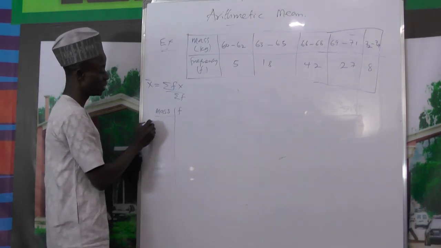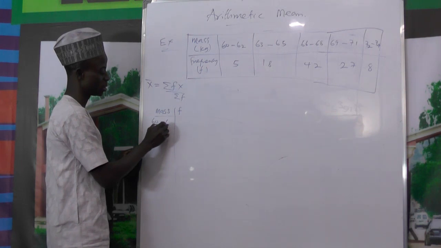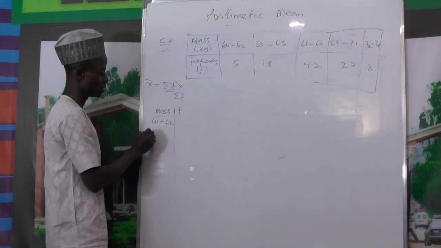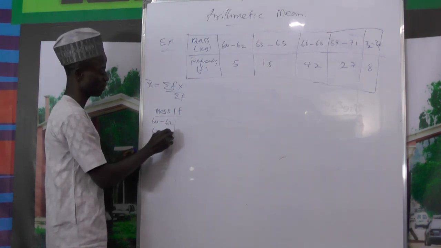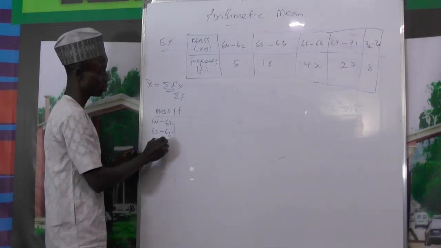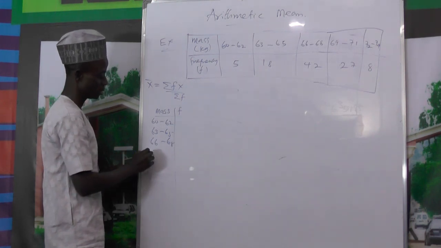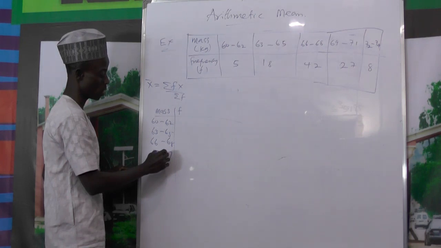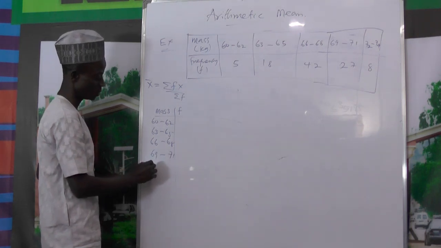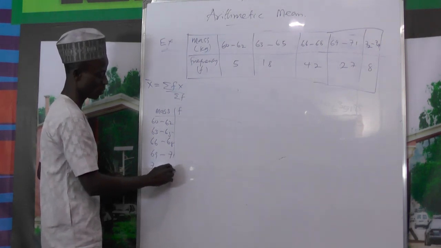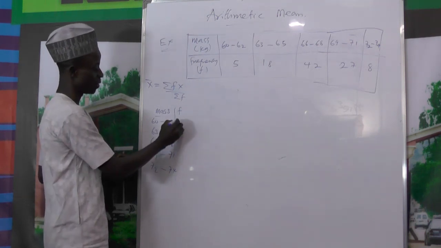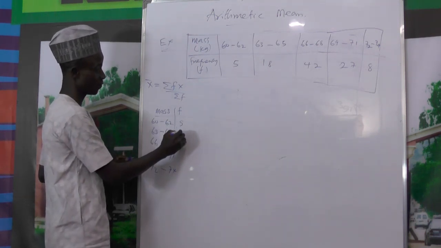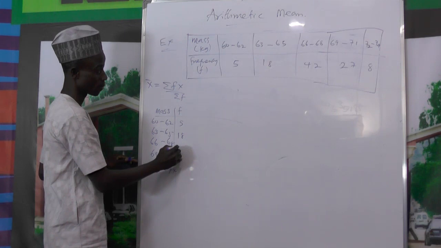In mass we have 60 to 62, then 63 to 65, 66 to 68, 69 to 71, then 72 to 74. Then in our respective frequency we are having 5, 18, 42,